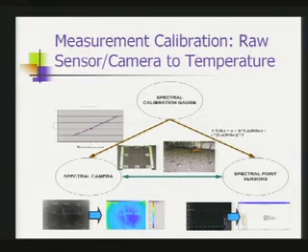So our primary approach was to do a black body or temperature gauge calibration. And the schema that we decided to use is that we either calibrate the point sensors or we calibrate the thermo infrared camera, and then we use it for calibrating the other sensing modality. So you would say, well, the sensors can be